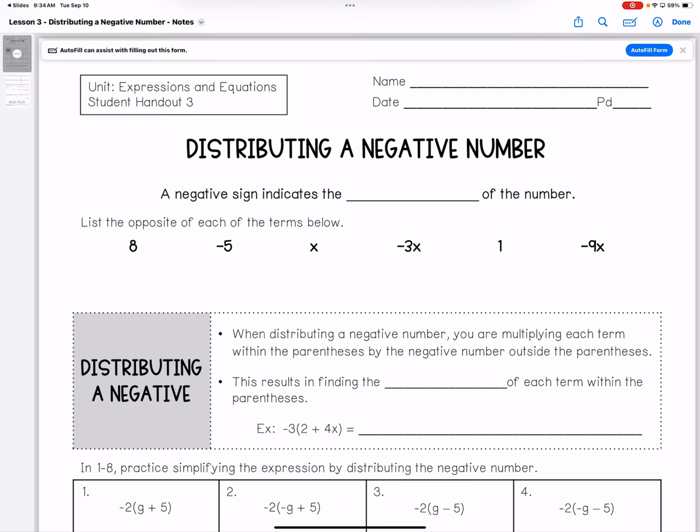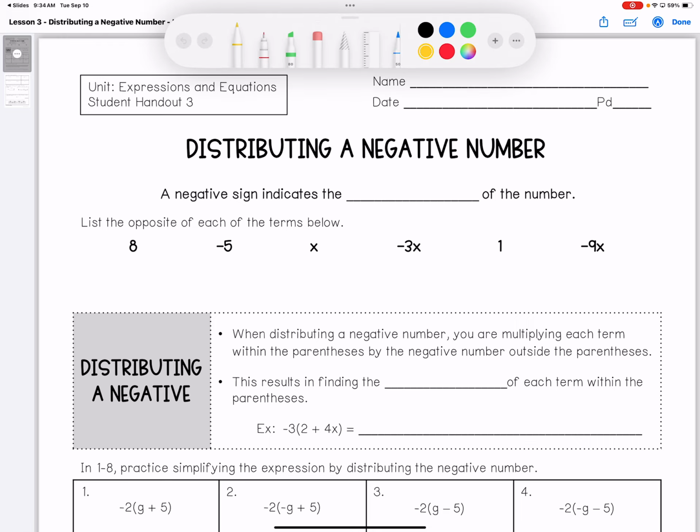Listen up here. We've got student handout number 3. Today we're going to distribute a negative number. It's all the same. It's basically the same thing, except just one more little thought process. Not too hard. Here we go. A negative sign indicates